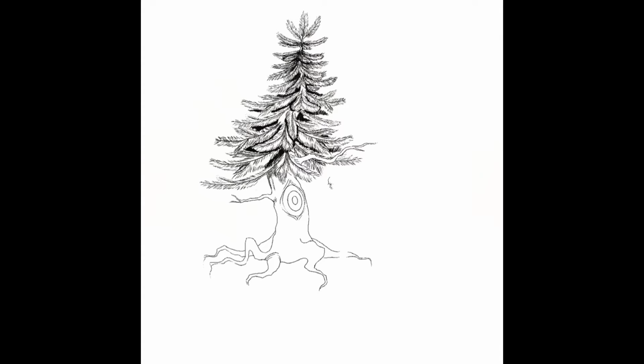I don't know. I guess with this prompt, it really challenged me because no matter what I did, I felt like he had to be in some sort of environment. And while I do sometimes do environments, they're not a huge focus in my work. So I tried to do my best at creating a scene for this Bigfoot, and basically what I did was